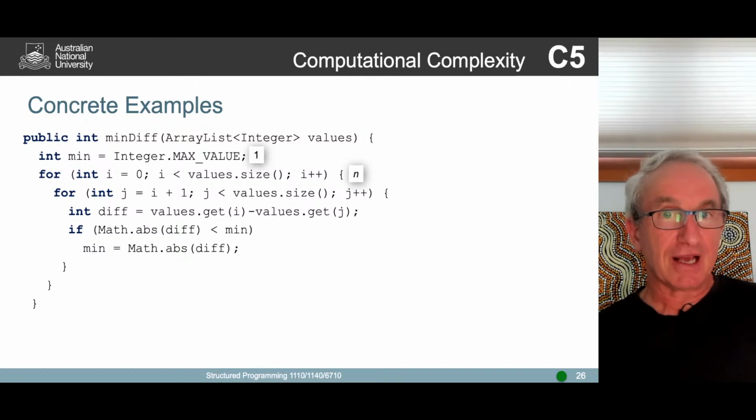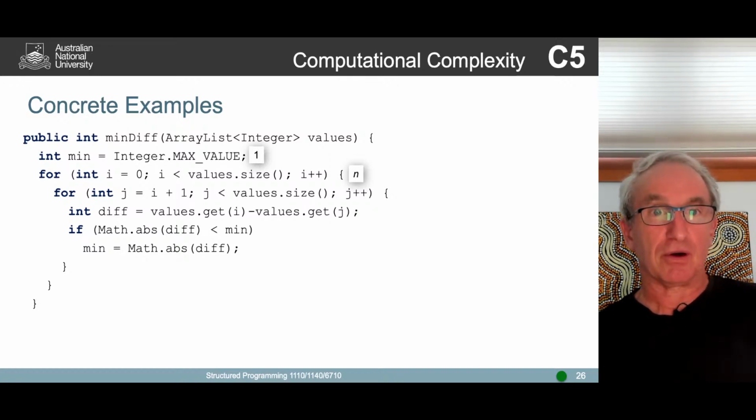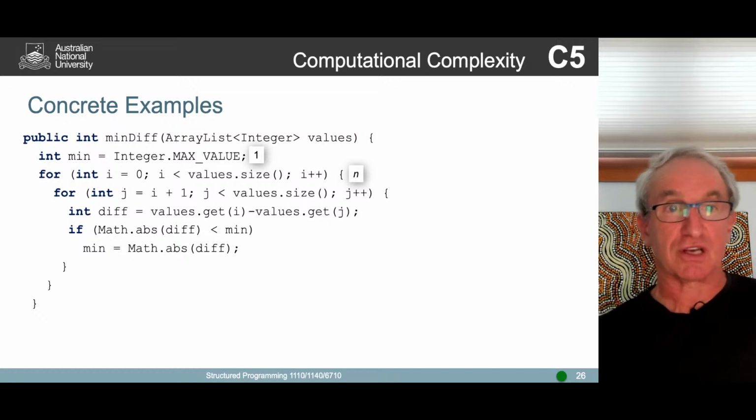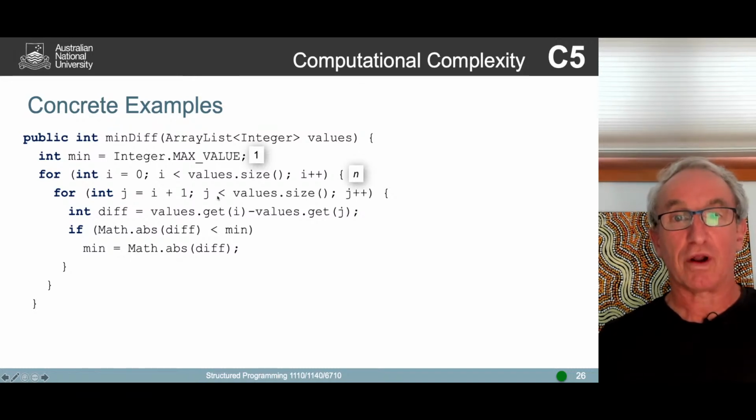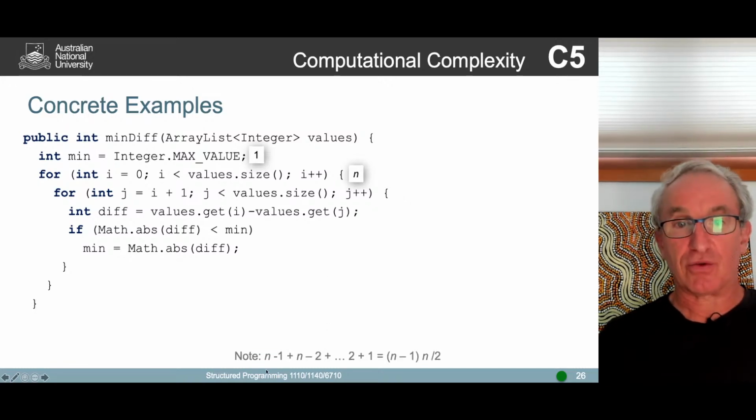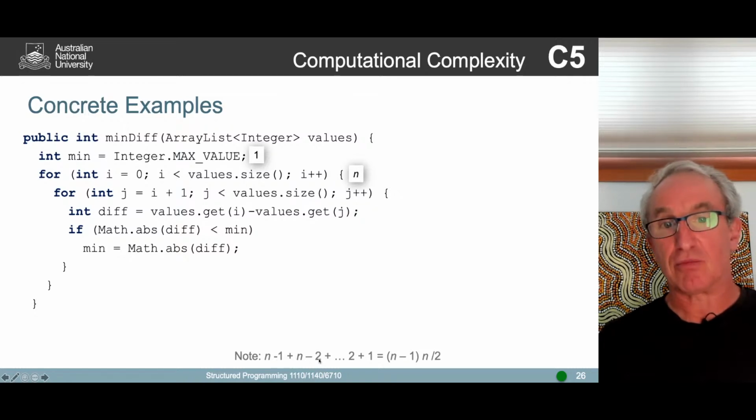Then the next one is almost going to do the same, but notice that it starts at i plus 1. That's interesting. So it's going to go around i plus 1 times. So what is the complexity of this line? Well, if you do a little bit of maths here and say, okay, n minus 1